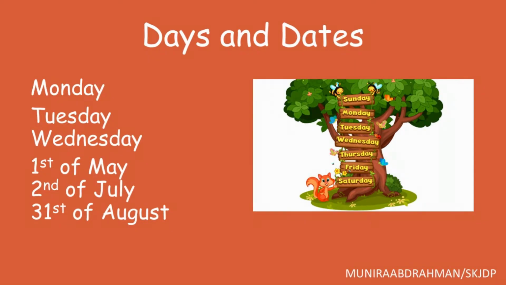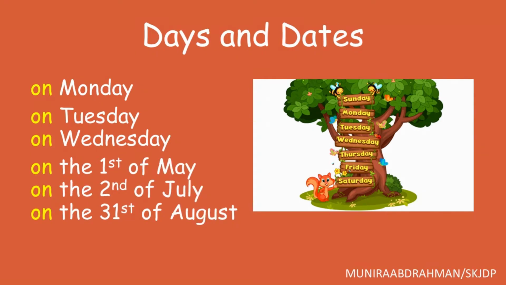So we have Monday, Tuesday, Wednesday, Thursday, Friday, Saturday, and Sunday. And we also have dates: 1st of May, 2nd of July, and 31st of August. For days and dates, you will have to add on, okay? On Monday, on Tuesday, on Wednesday, on the 1st of May, on the 2nd of July, on the 31st of